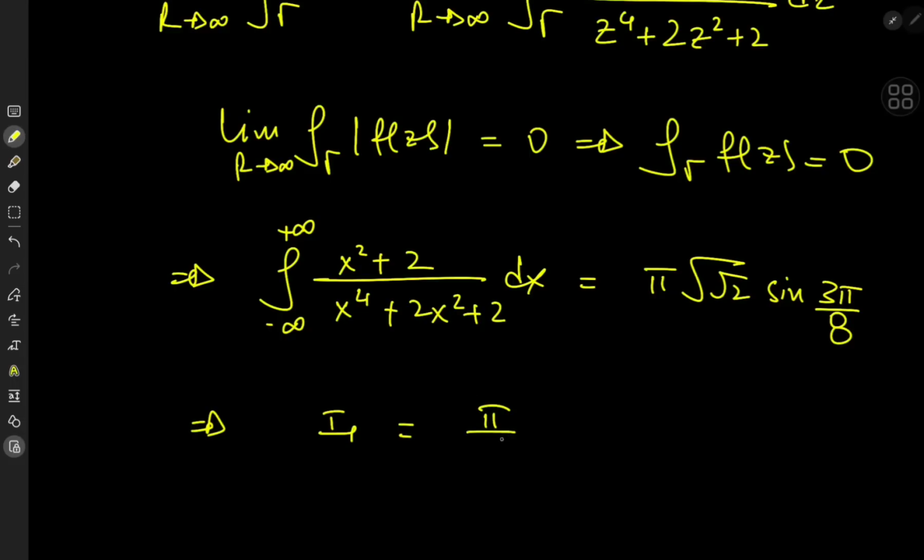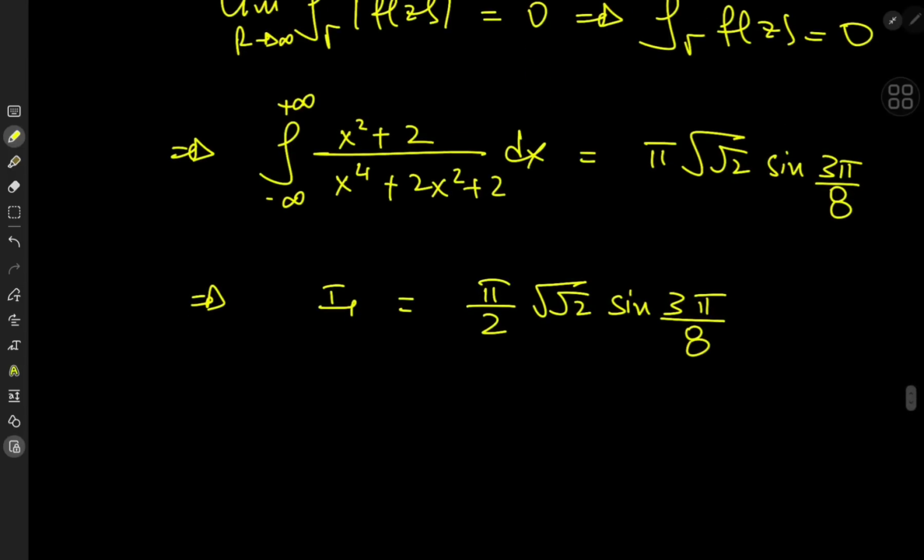So that means we have pi by 2 times, that is times root 2, can't forget that, sine of 3 pi by 8. And sine 3 pi by 8 has a nice closed form. I'll leave it to you as homework to fill in the details. We'll get this really nice closed form that is pi by 2 times